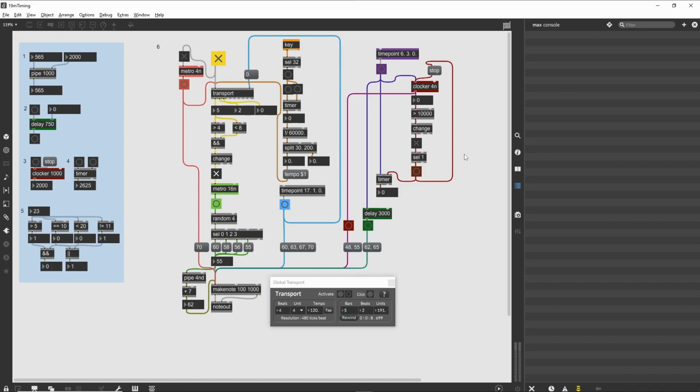Summary: in this tutorial, we covered an extensive new system within Max, the metrical timing system. This provides a centralized timing control for your Max patch, coordinating the generation of events and easing the creation of musical sequences. We also learned about several new time-based objects, including pipe, delay, clocker, and timer, which can be used to create sequenced actions. Finally, we saw the use of Boolean comparison and logical operator objects to aid in decision-making within a complex